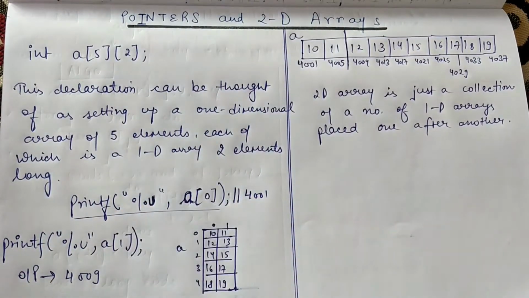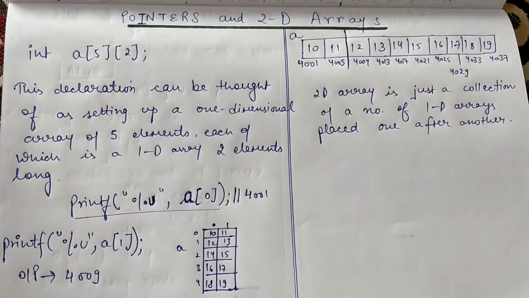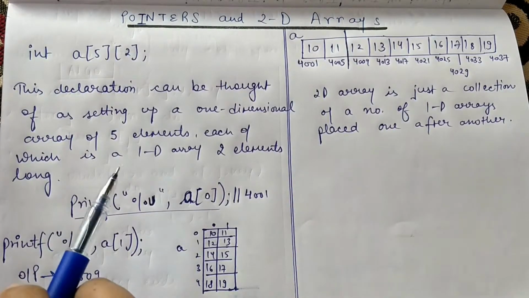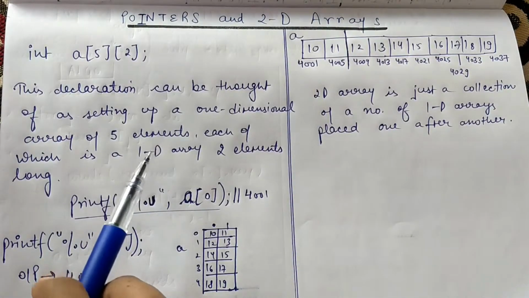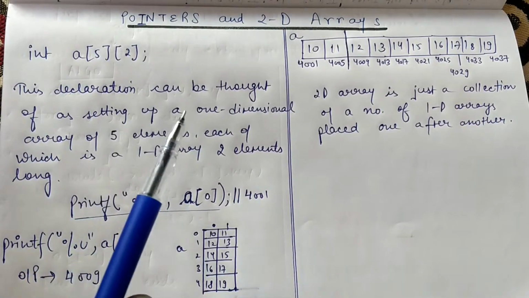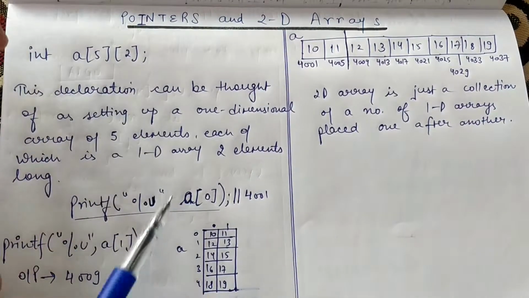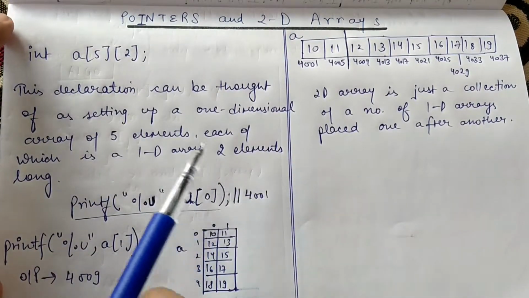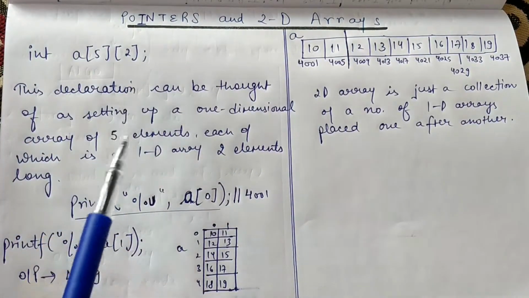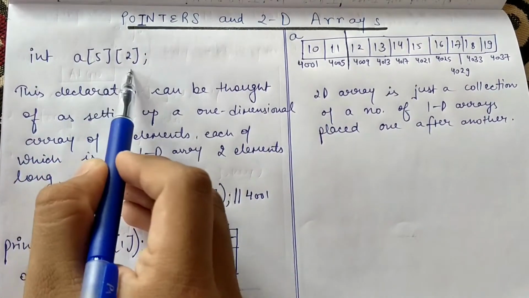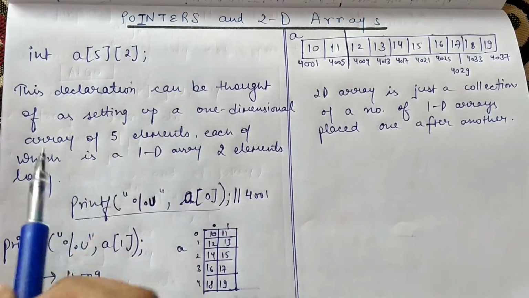Okay, in the previous video we saw how the actual array gets converted into its pointer notation by the compiler during compilation. In today's video, first of all we'll see what 2D arrays are, a basic introduction to them, and then we'll see how the C compiler will internally convert this notation into its pointer notation. Okay, so